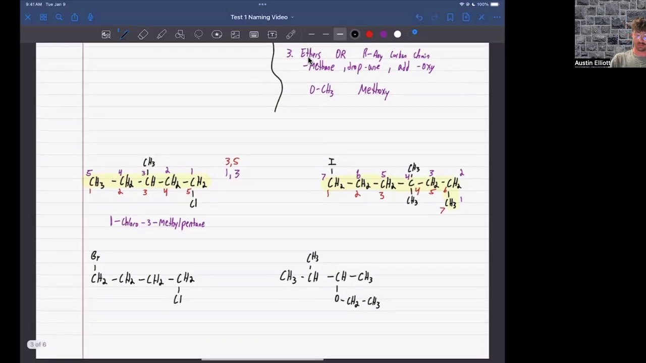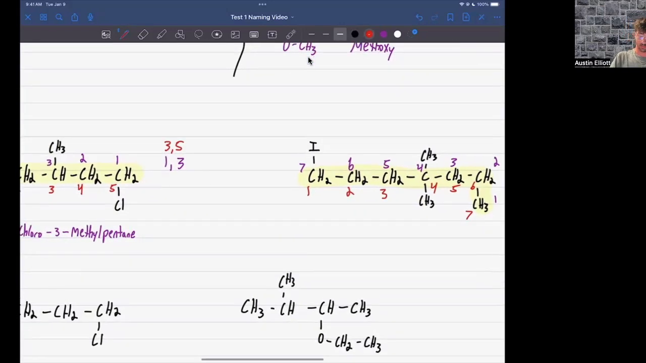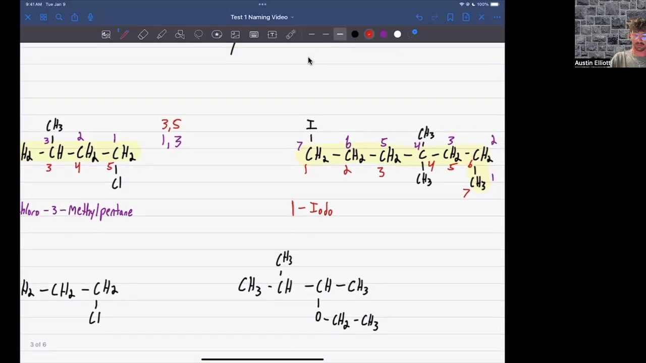So our name's going to be 1-iodo. You see iodine, drop the I and E and add an O. And then we have 2 methyl group branches right there on the 4th carbon. So in this case, we're going to do 4,4-dimethyl. Always make sure that you are including the prefix for however many groups you have of the same kind